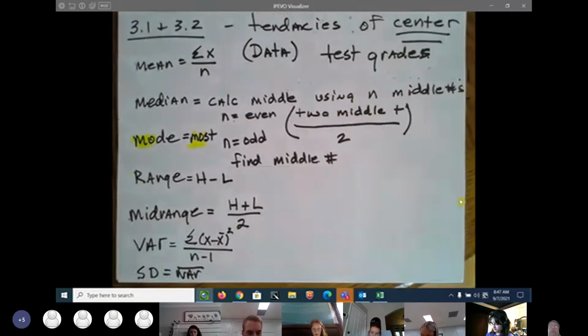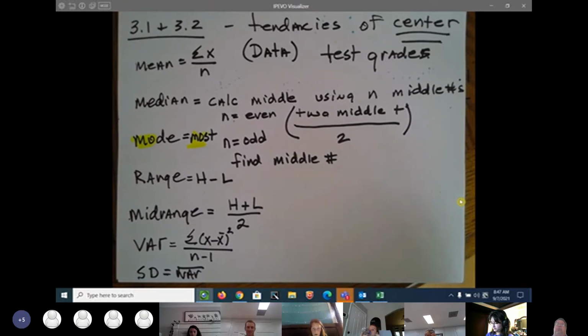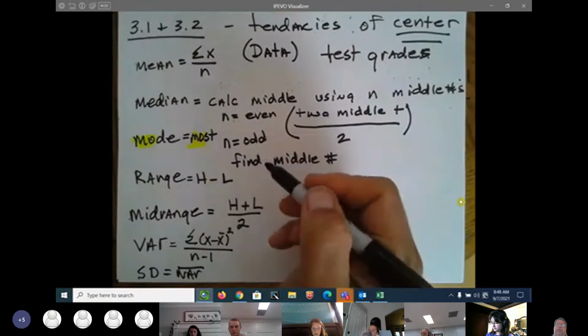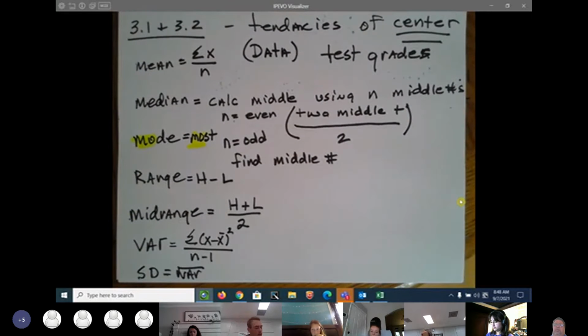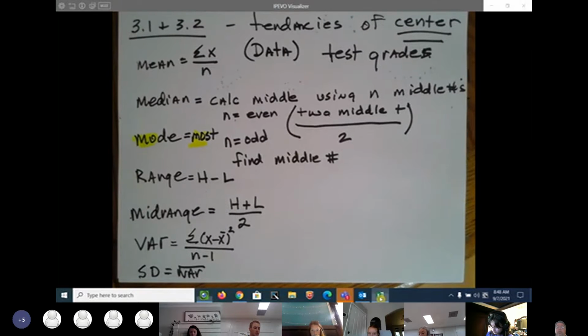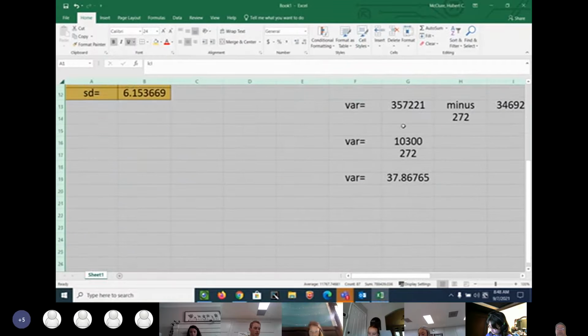Now we're going to do these all together because I feel like if I teach you problems all together, then you can pick out what you need for a test or a homework question. And like I said, most of you are probably more familiar with this than you are with the frequency distribution mean and standard deviation. So let's go to the spreadsheet again because I can get everything on one sheet.